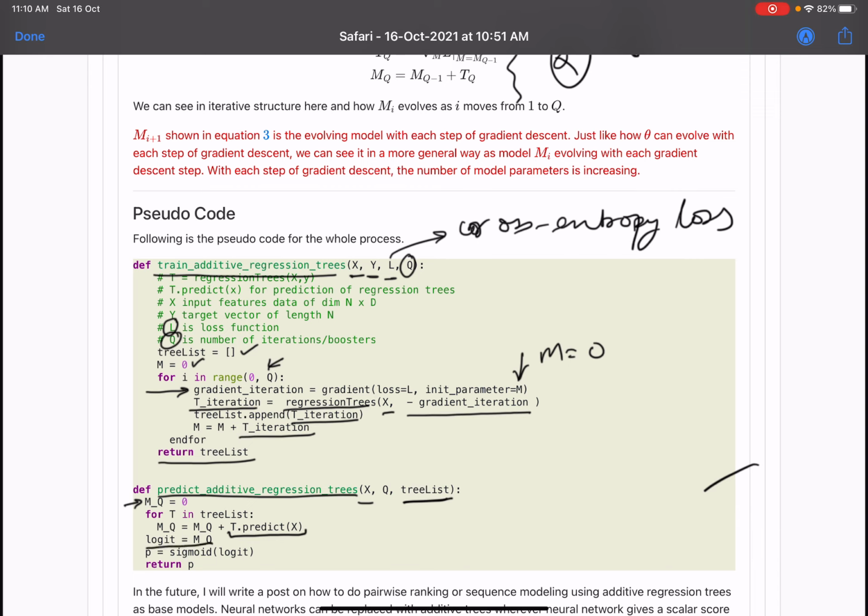Then we pass that logit through a sigmoid function, which gives us a probability, and we return the probability, and you can do a classification based on a threshold. If the probability is less than the threshold, it's a certain class, and if it's greater than the threshold, it's another class. This threshold can be chosen based on your task or business use case.